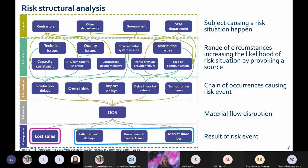And the other half of consequences is not that easy to evaluate. Moreover, the main thing about them is that they do not occur right away when the out of stock of the product started. They can occur, or maybe the likelihood of these consequences appearing grows, when the out of stock lasts long enough